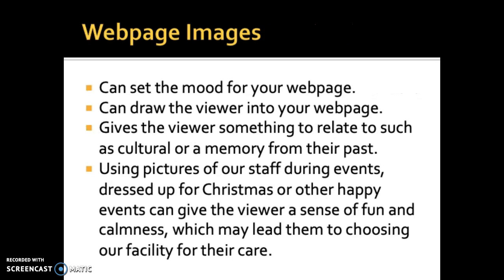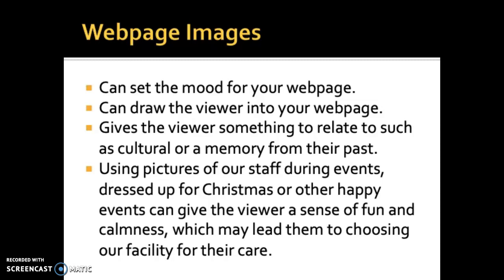Finally, a little touch again on web page images. Again, the web page images can set the mood for your web page. They could draw the viewer into your web page. Like I said, you've got 30 seconds to engage the viewer.